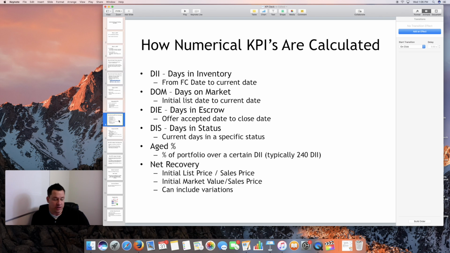Days in escrow is a big one. They could do a couple things. They could measure from the date that the offer was accepted to the current date and then eventually to the close date, so that you have historic numbers. Or they could say days in escrow starts once that contract is executed, because you'll see this when we go through the task module, that contracts get rejected